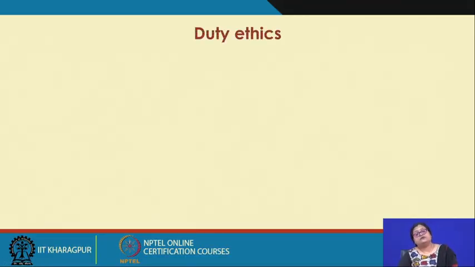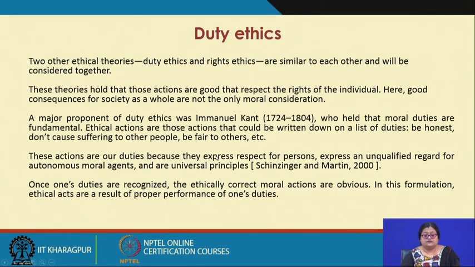So from there we move on to the next concept, which is called duty ethics. These are two theories which go hand in hand, what we call duty ethics and rights ethics. Duty ethics and rights ethics are similar to each other and will be considered together. These theories hold that those actions are good that respect the rights of individuals. Here, good consequences for society as a whole are not the only moral consideration. Whenever we are talking of utilitarianism, maybe we are taking into concern the interest of a very large group, the majority. But